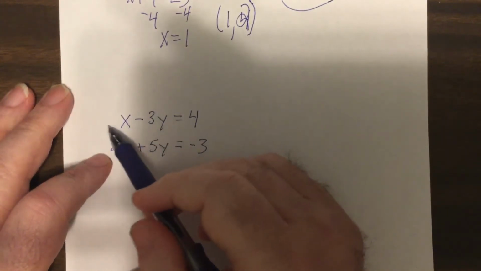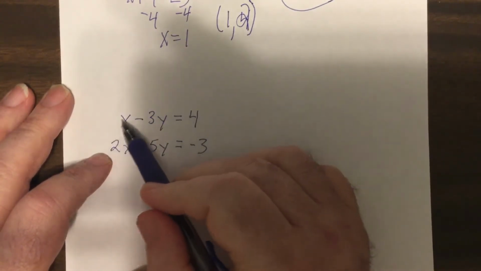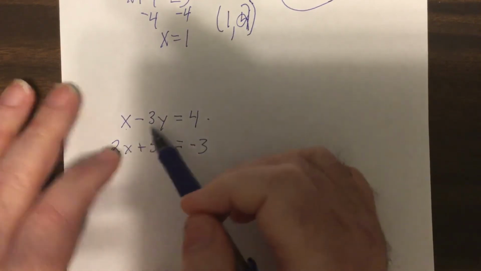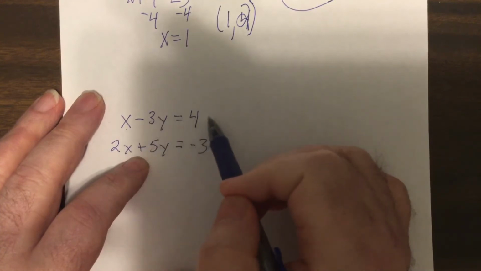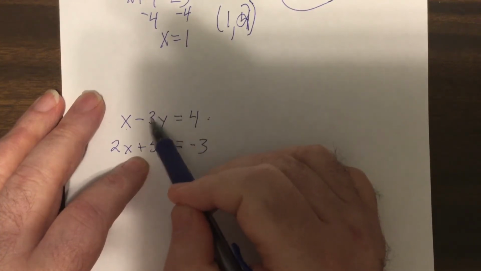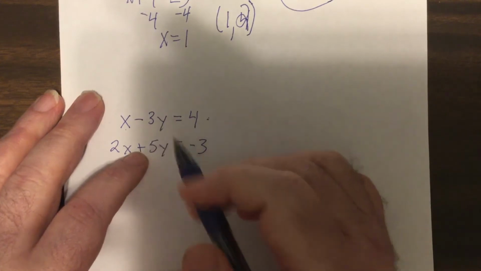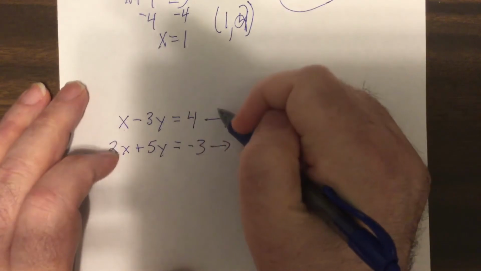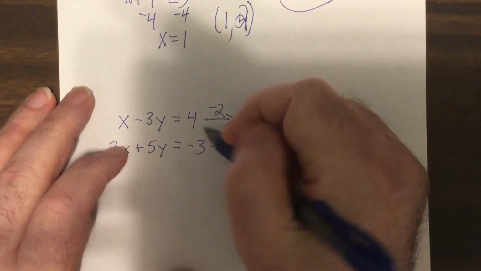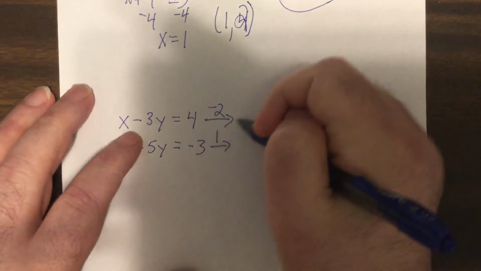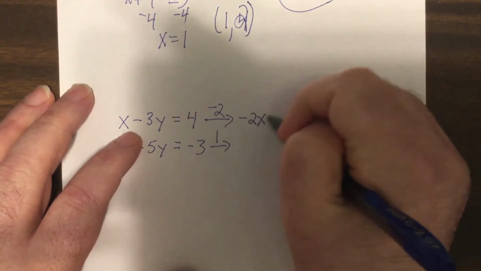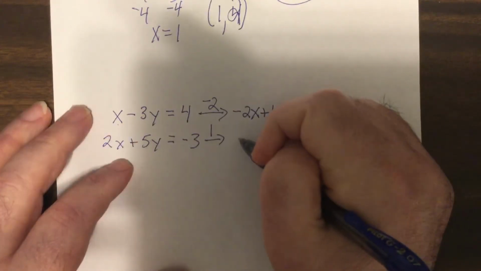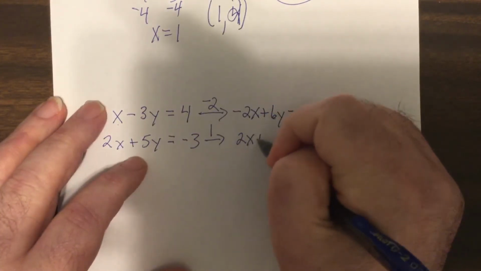Okay, so if I want to get opposite coefficients for x, I can multiply this by -2, so it'd be -2x, positive 2x, or I could multiply this by 5, this would be -15, this by 3, and this would be positive 15. So I'm going to do the x's again, a little bit easier to work with. So it'll be -2x plus 6y equals -8. And this would be 2x plus 5y